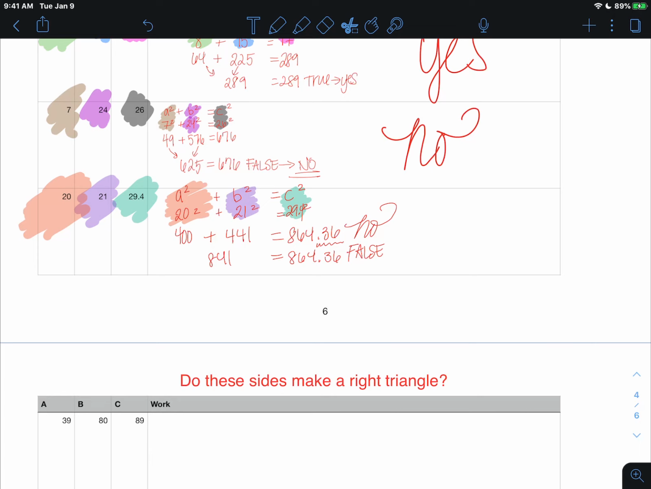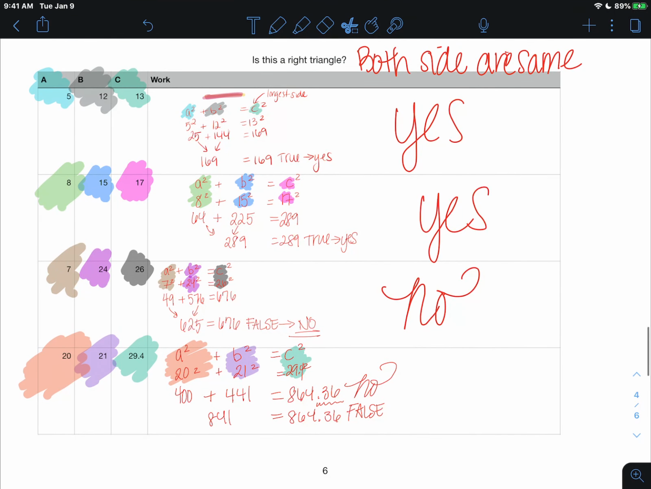All right, now we're going to go ahead and move on, and we are going to place each one of these in the calculator, and I'm going to show you how to do